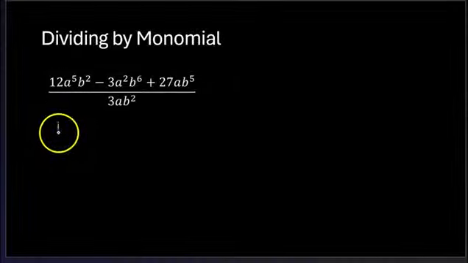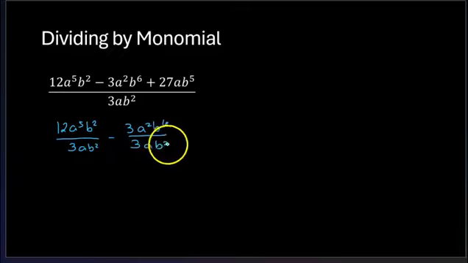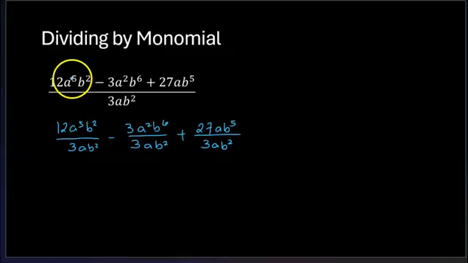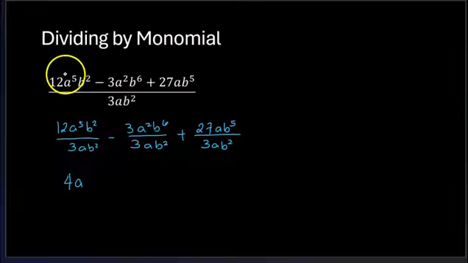So what we can do is simply divide each term by the monomial. You can skip this step and just do this mentally and give the answer, but I just want to write it down so you can clearly see the steps of the solution. Because some of you can just do it mentally. 12 divided by 3 is 4, and then a raised to 5 over a, so you'll have a in the numerator. It doesn't always have to be a nice polynomial, but here, the final answer is a nice polynomial.